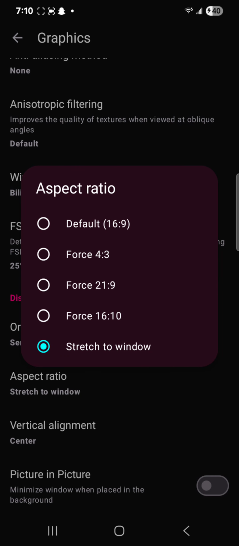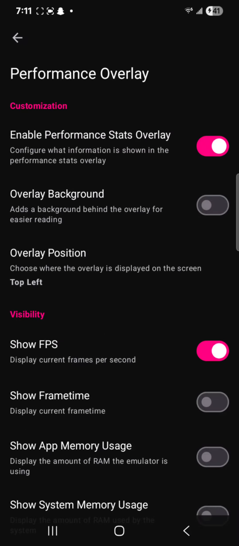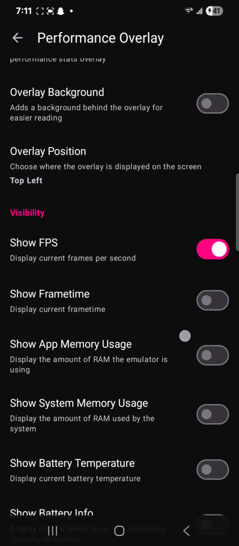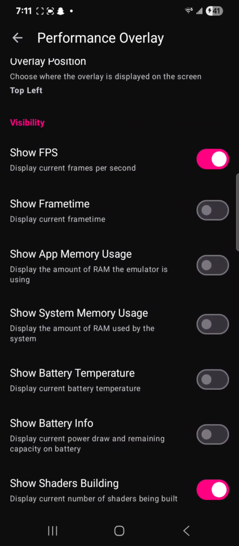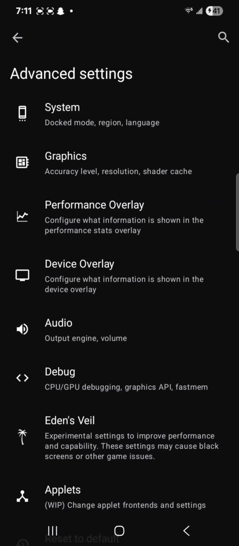So I prefer that ratio because it's more centered on my screen. My phone is a long phone, it's very big, so I like it that way. So you can go back, click on performance overlay, and you can leave everything here on default. So we go back again,